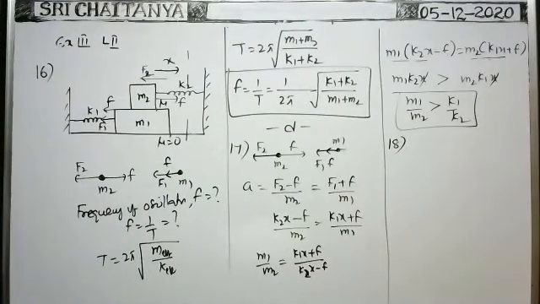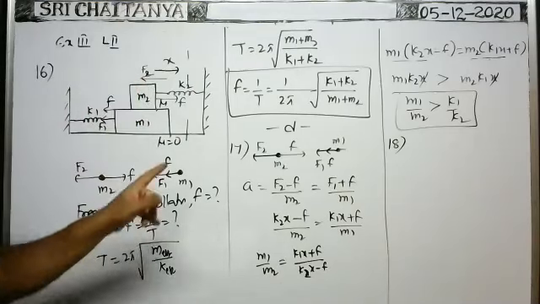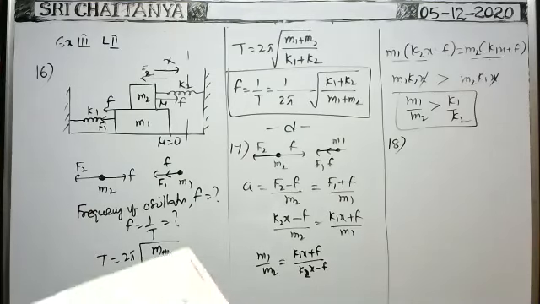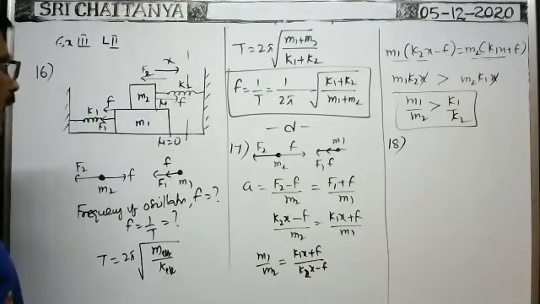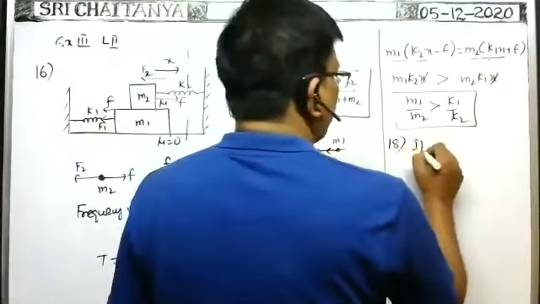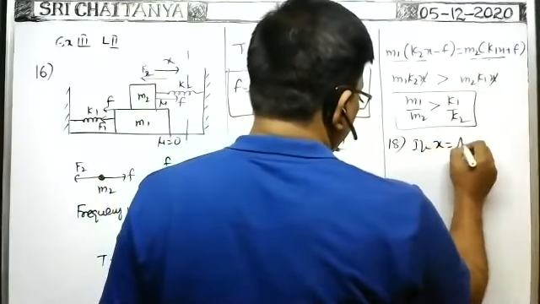In the same 18th problem, most important: if friction on m2 acts in the direction of displacement only, at that time, the maximum possible amplitude of simple harmonic motion. If we take this x as the amplitude, that is, the maximum distance displaced in this direction, if x is equal to capital A, then